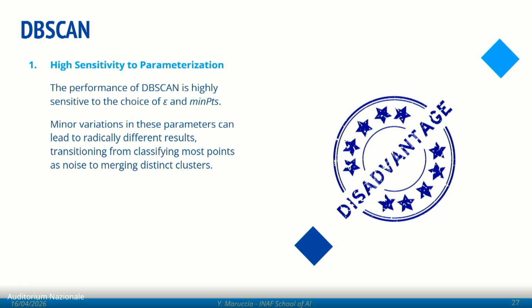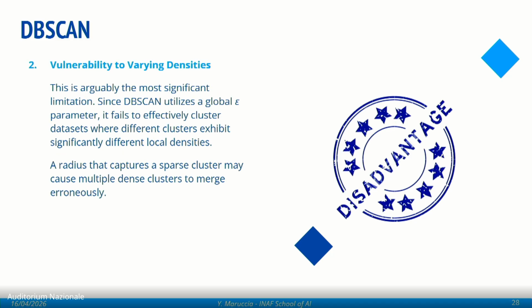Then the disadvantages are that it is highly sensitive to the parameterization, as we have seen: the epsilon changing by 0.02 gives us different results. And also it is very sensitive to changes in density. And this part is well understood when we will see the hierarchical DBSCAN that tries to solve this problem, because in this case we are working with a density that is quite uniform. But if we have a non-uniform distribution of points within our parameter space, this could be a problem,